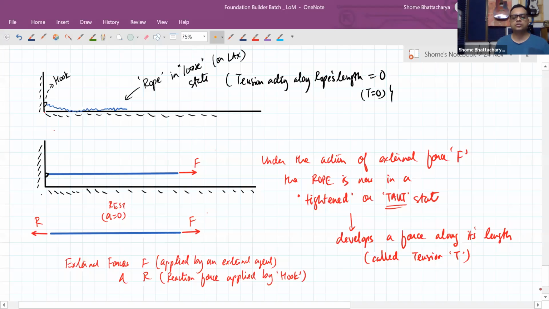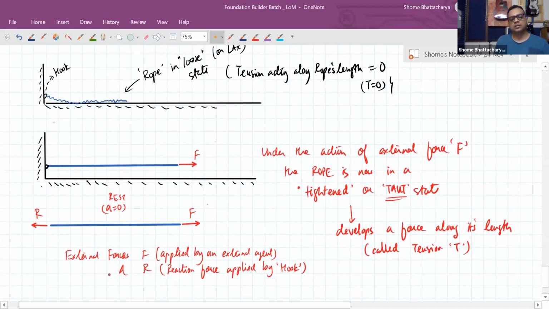So what these forces do is act at the two ends, making the rope taut. Okay. And the moment the rope is taut, as a result of this, the rope develops